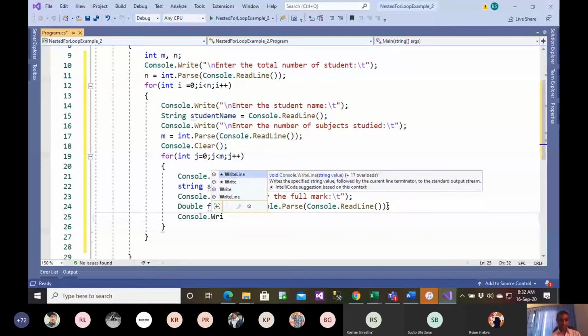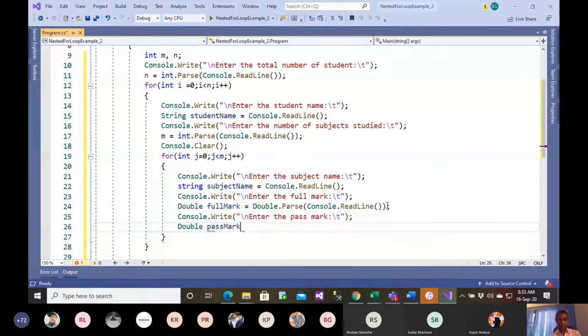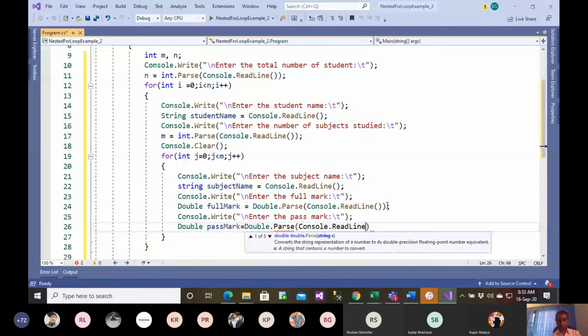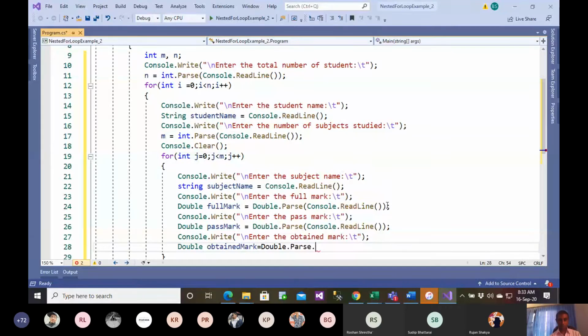Pass mark. You need obtain mark. The obtain mark. Okay, so all done.